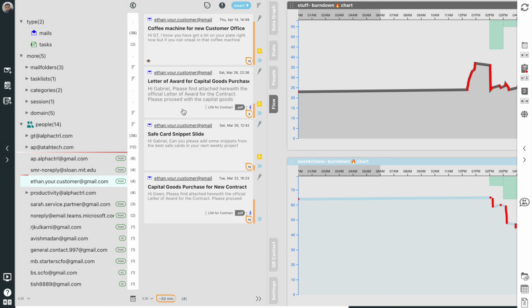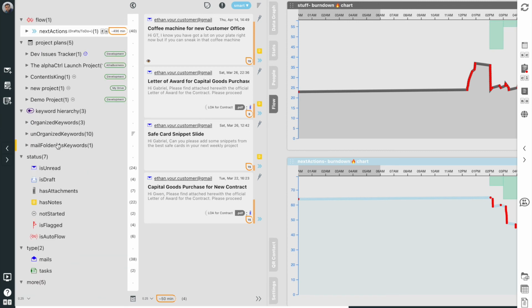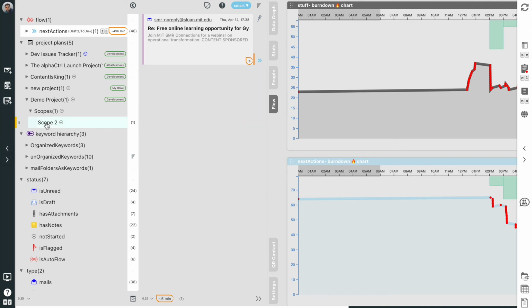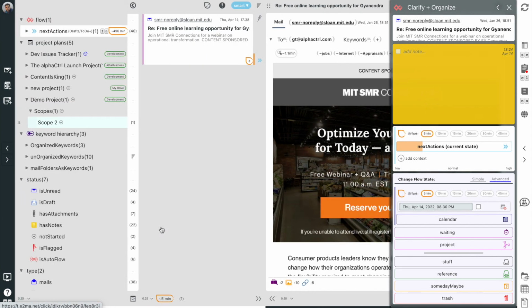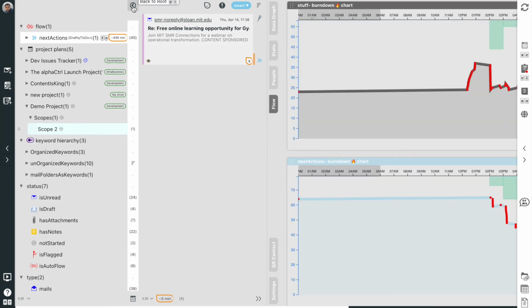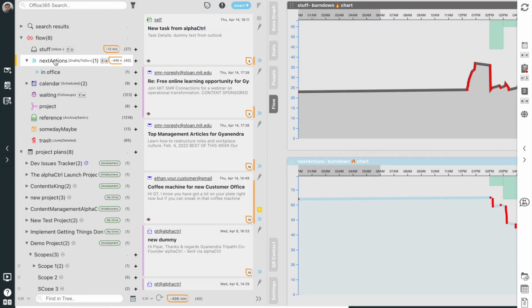Productivity is not just about getting things done, it's about getting the right things done. This unreal information discovery paradigm, where I can identify and filter any list by its attributes, again and again, to drill down to the required information in an instant, is enabled by the cutting-edge data management system implemented in Alpha Control, where all my emails, files, tasks, events, projects, keywords, and much more are tied together in a common knowledge graph that stores relational information.